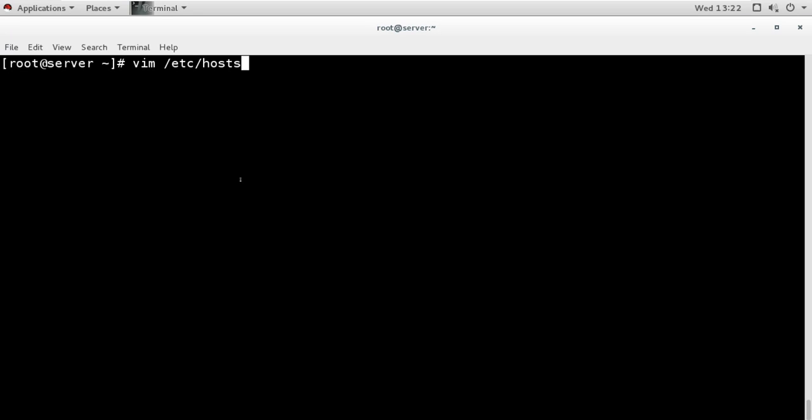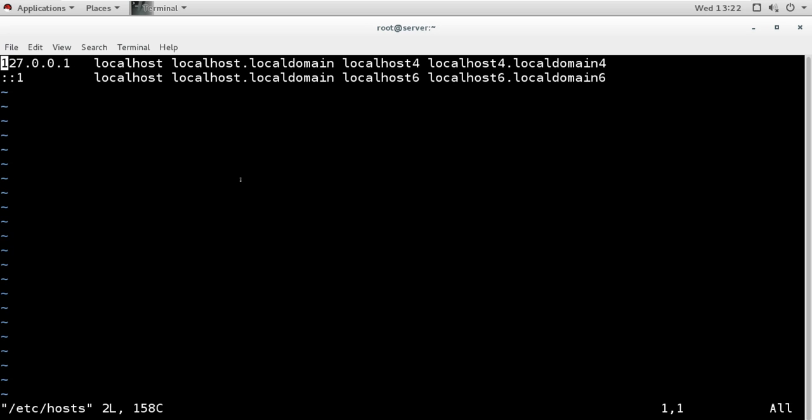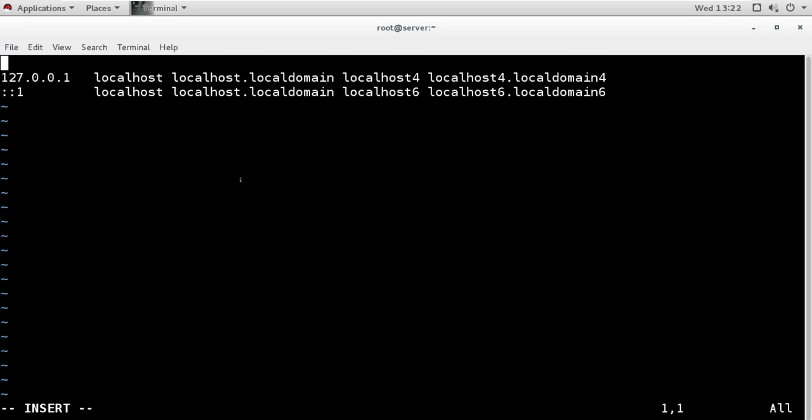So I will add my server IP with my server name into the hosts file. You don't have to do this on any client; clients will still use the normal DNS. For local resolution of the server name, it is resolved by the hosts file, and the rest of the names will be resolved by the internet DNS server.